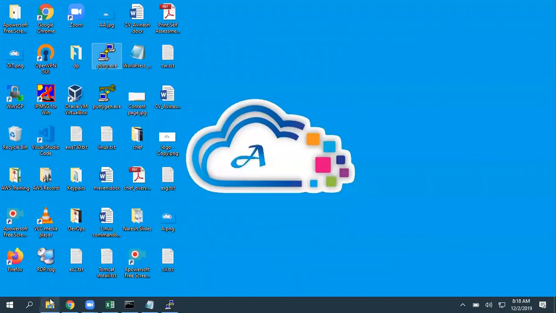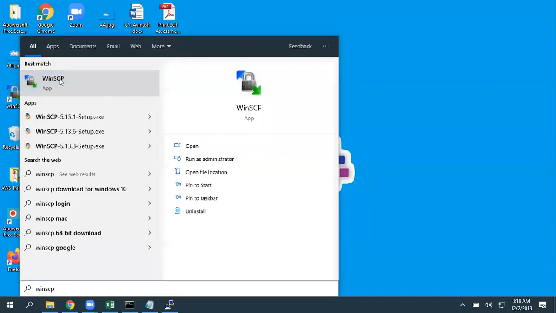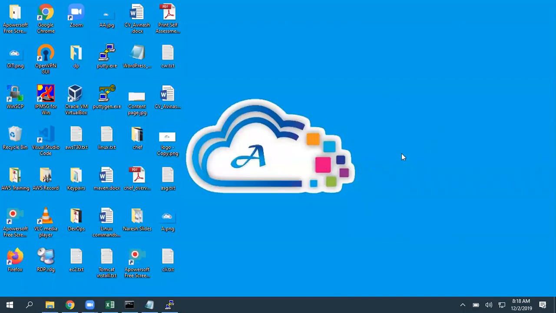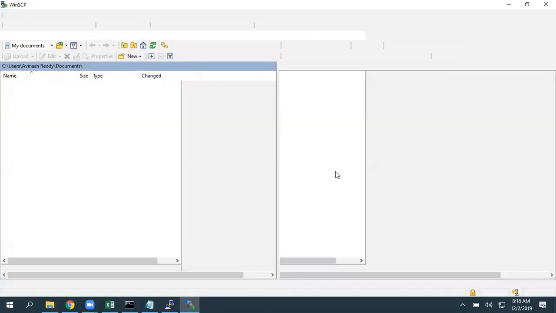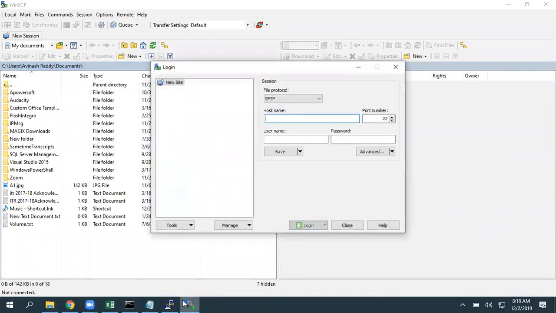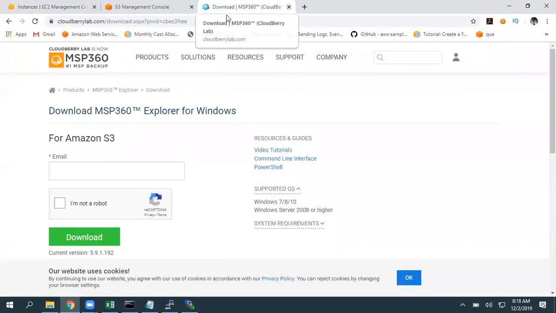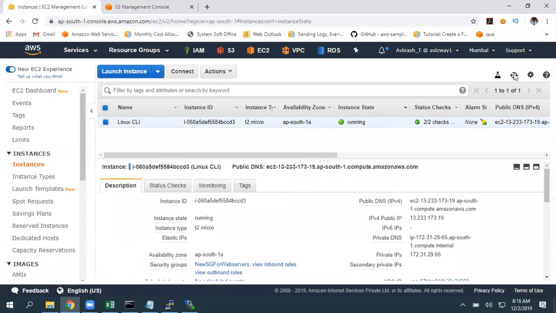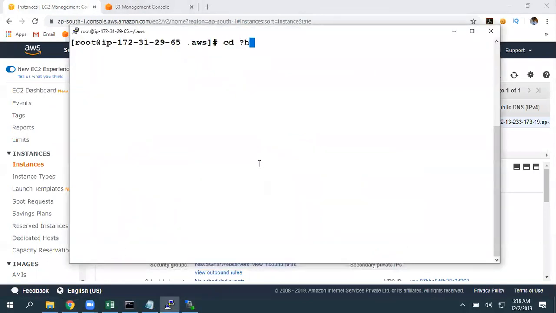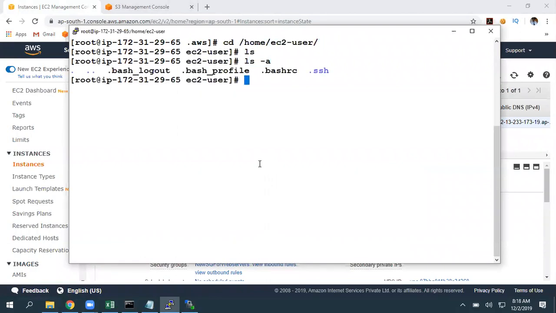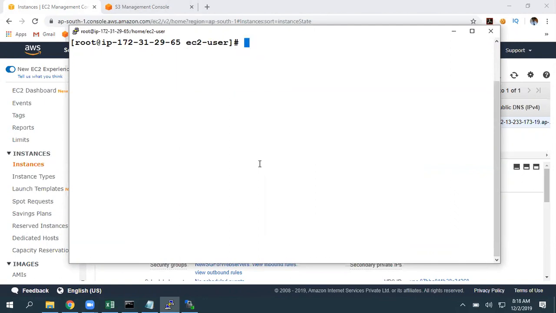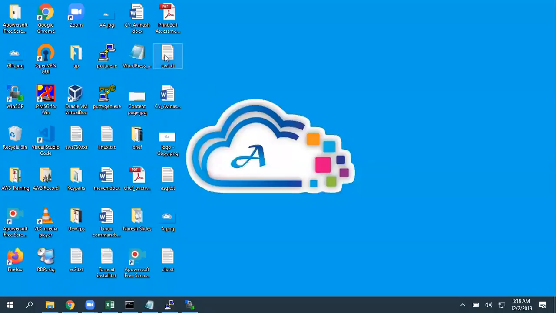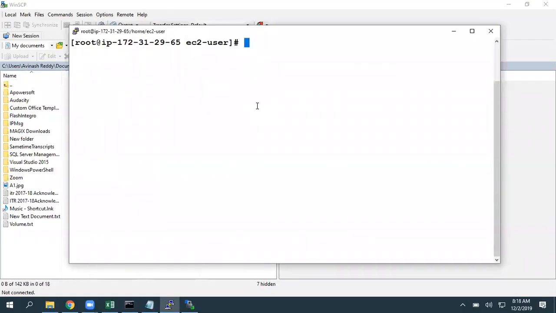Not only this, you know WinSCP. Generally, WinSCP is a cross operating system file transfer application. So for example, I want to upload one file from my local machine to this Amazon Linux instance. I want to move one file. For example, I'll go to the home directory of EC2-user. If I give ls, nothing; ls -a is showing some hidden directories and all. Now I have a file called cw.txt. I want to move that file to my Linux EC2 instance.